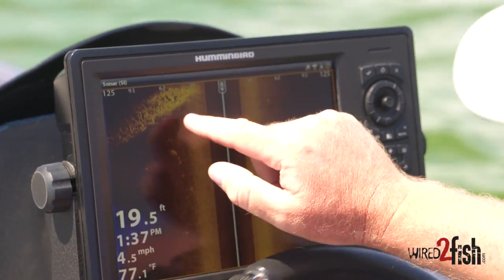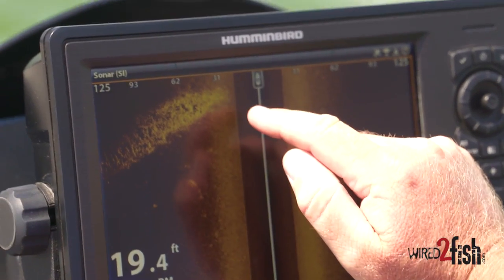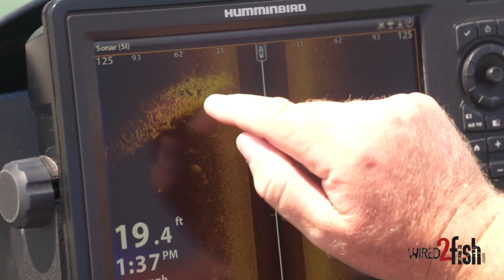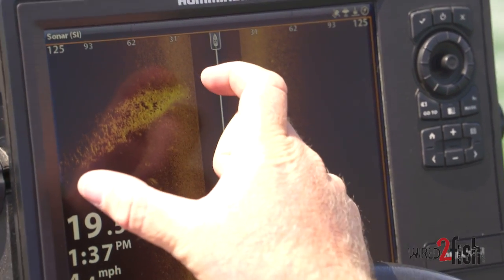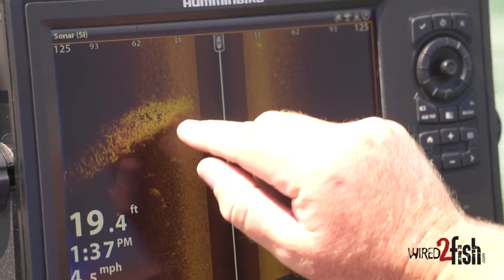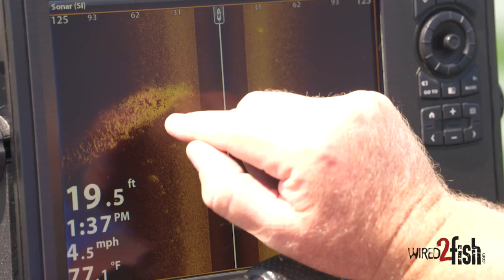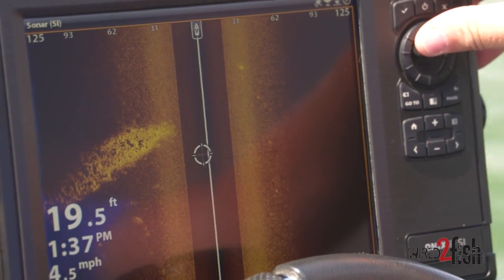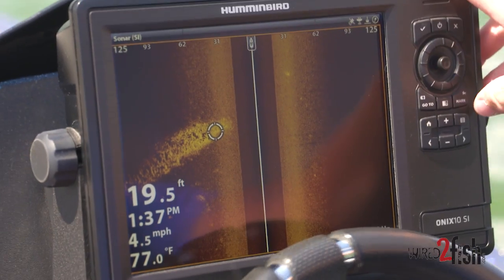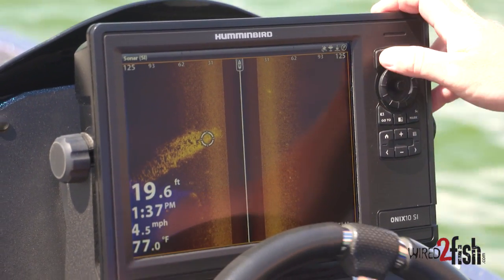There's a nice rock finger here. You can actually see the tip right here, some big boulders on it, and we're at 125 feet. So some of these rocks right here are probably 6 to 8 feet long across the top of them. So now what I would do is just turn around, stick a waypoint on here,